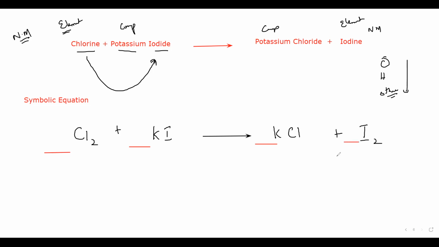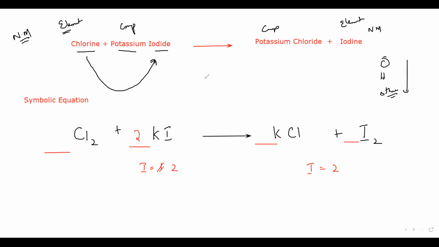If I see iodine, on the right hand side I have 2 iodine. On the left hand side, I have 1 iodine. Which number should I write here to make it balanced? What should be the number to balance iodine? It should be 2. So when I put 2, iodine is